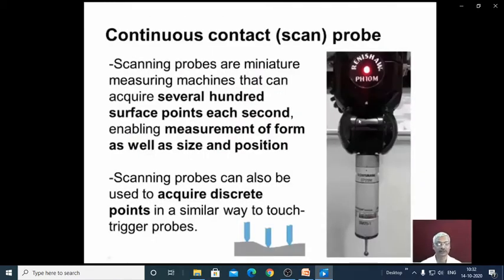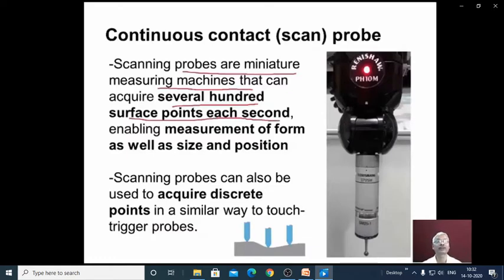Now in the case of the continuous contact probe, these scanning probes are miniature measuring machines that can acquire several hundred surface points per second. That is the speed of acquiring the data points.